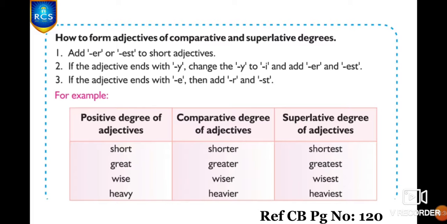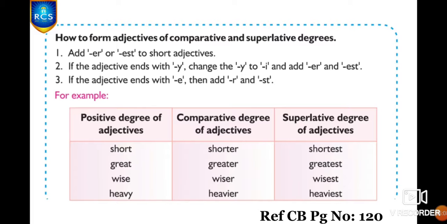For example, short adjectives, that is short, shorter, shortest, great, greater, greatest. And second one, if an adjective ends with y, what should we do? We should replace y with i and add er and est. For example, heavy and heavier. Here they replaced y with i and added er to heavy. Heavier,